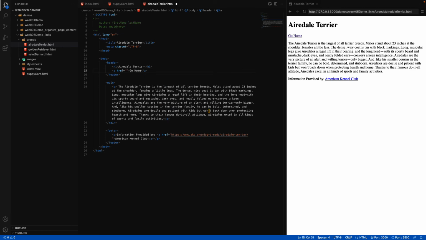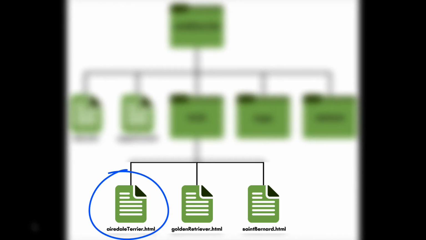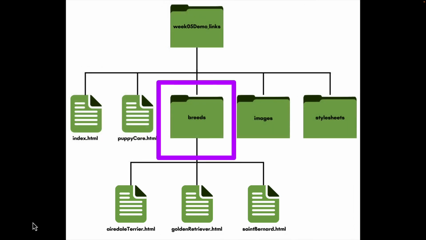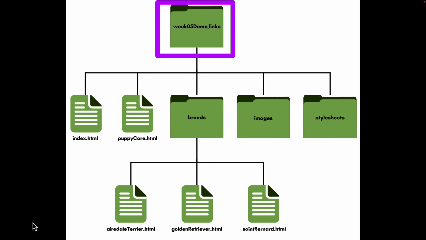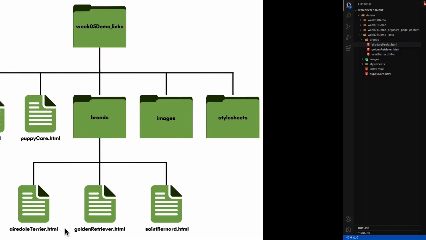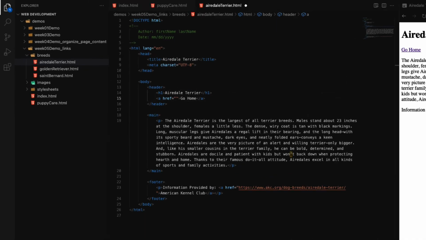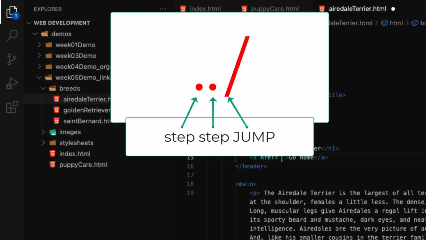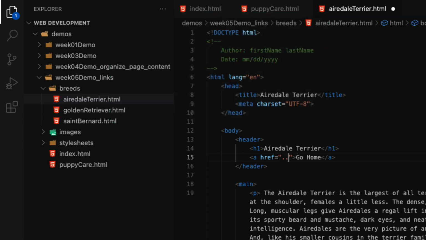But this time in the href, I need to use different syntax in order to indicate that I want to leave my current directory. Because remember, at the Airedale Terrier page right now, all I can see is my Golden Retriever and my St. Bernard. I'm currently sitting in my breeds directory, but what I really need to do is be sitting in my week 5 demo links directory. So we do that by using 2 dots and a /, and I like to think of it as if I'm trying to get up one level, I'm going to try to climb out or to move forward, and I always think that I'm going to take 2 steps and a jump. I'm going to step, step, jump right out of my directory. So if I say step, step, jump, that's ../